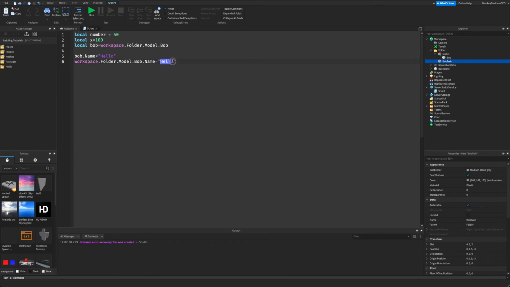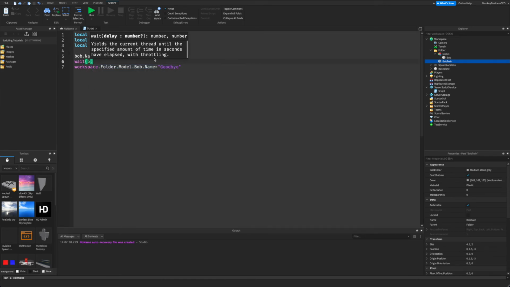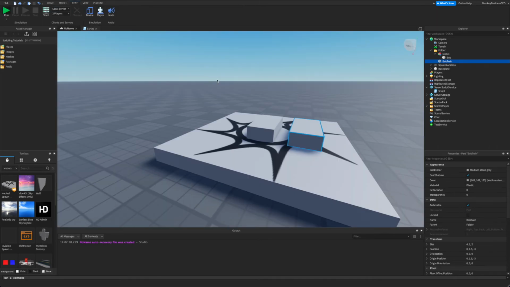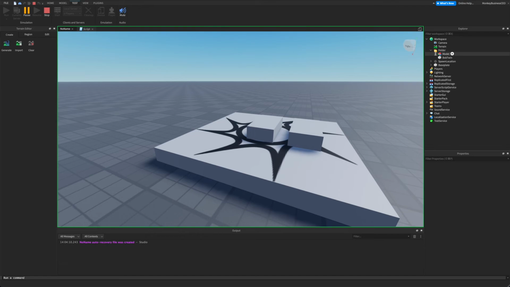So we can still change his name to hello and then we'll do goodbye. So we're going to add a wait. We're going to wait 5 seconds. And then it's going to change Bob's name to hello and then it's going to wait 5 seconds and then it's going to change Bob's name to goodbye. So let's run this. Let's quickly open up the workspace. As you can see, here is Bob. His name has been changed to hello. And then, oh, you see here,